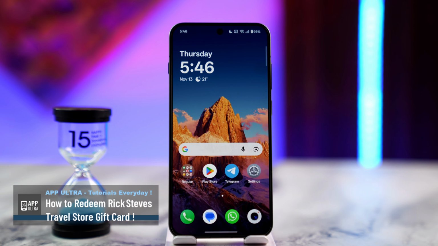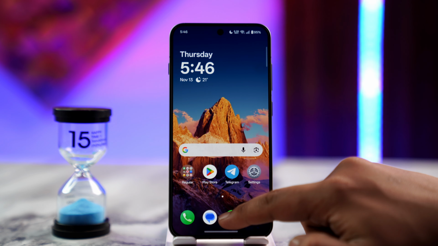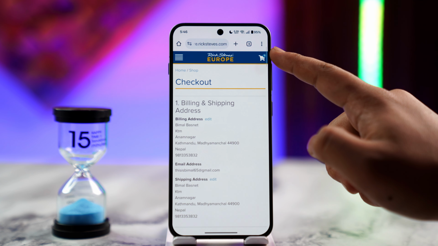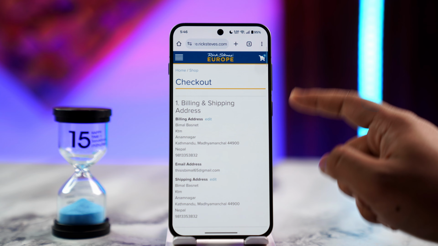How to redeem Rick Steves Travel Store gift cards. If you want to redeem a gift card on the Rick Steves Travel Store, maybe because you are shopping for something over there, normally you would go to travelstore.ricksteves.com, which is the official website, and once there,